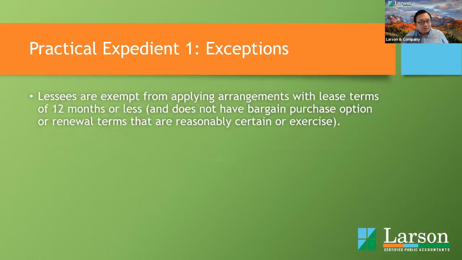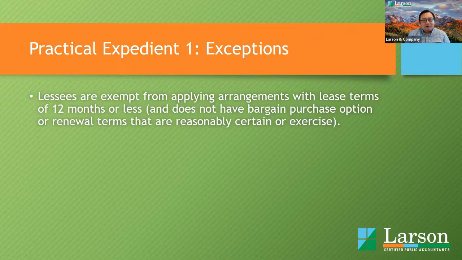So here we get to our first practical expedient. There are different practical expedients you could utilize in terms of transition or your accounting for it. The first one is that if you have a lease that has a lease term of 12 months or less, you don't have to apply this guidance at all. So what does that mean? Meaning that if you have a lease of, for example,